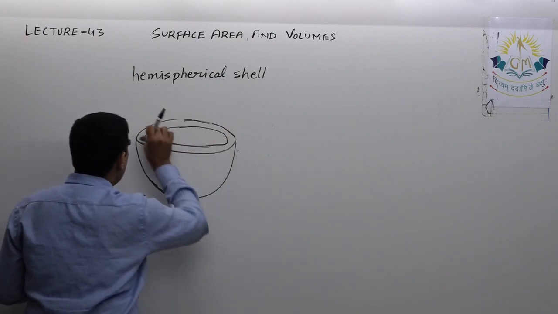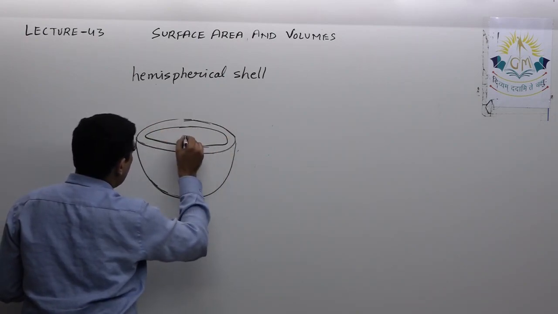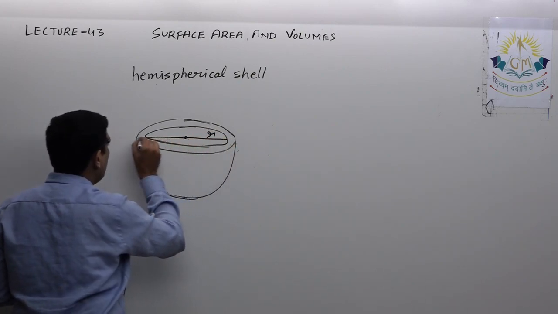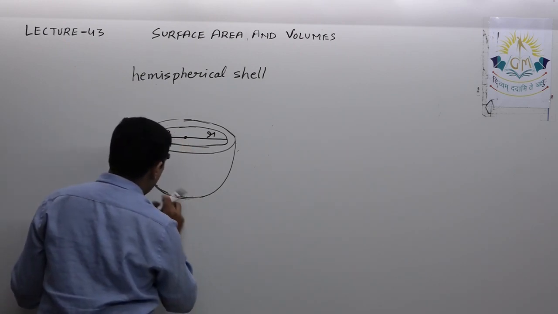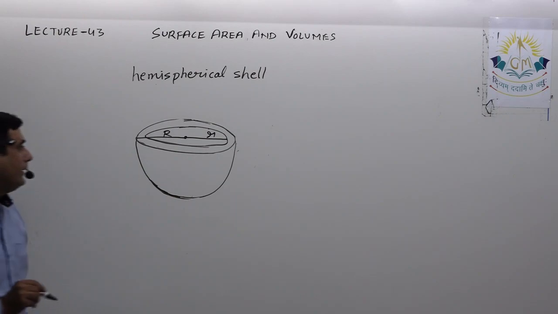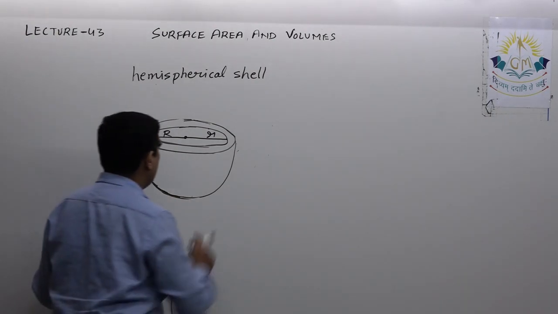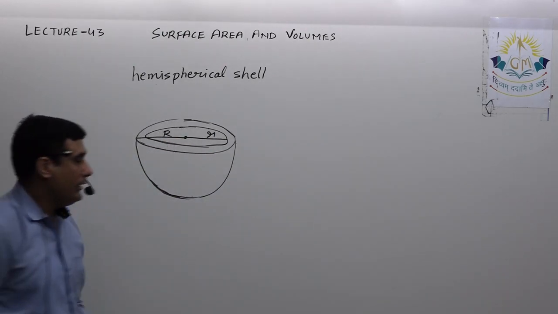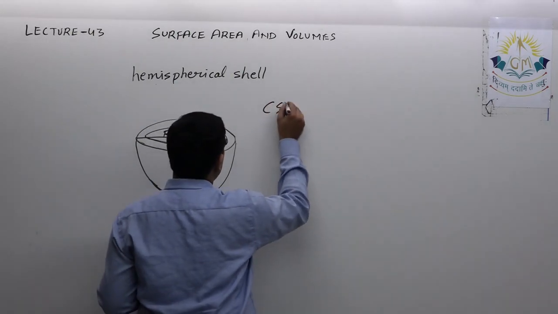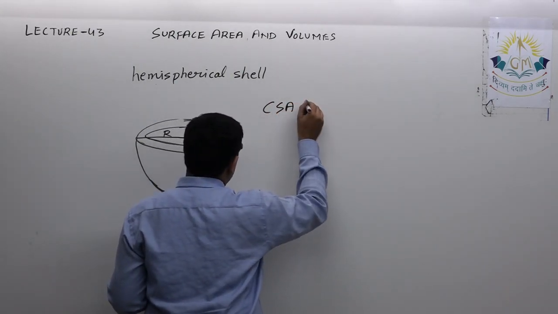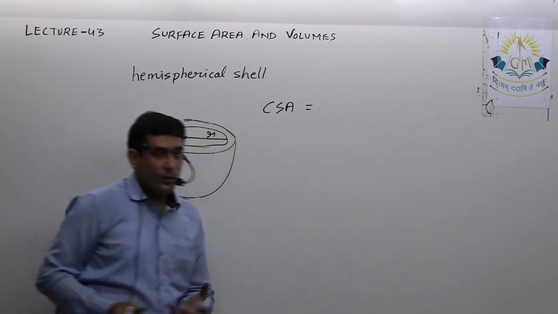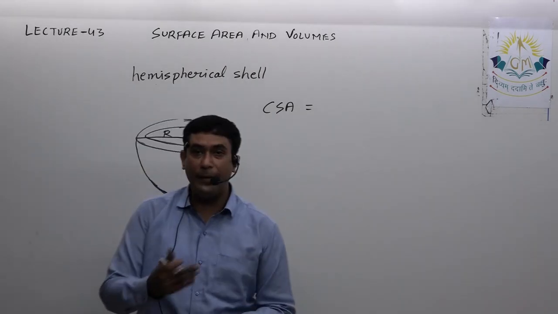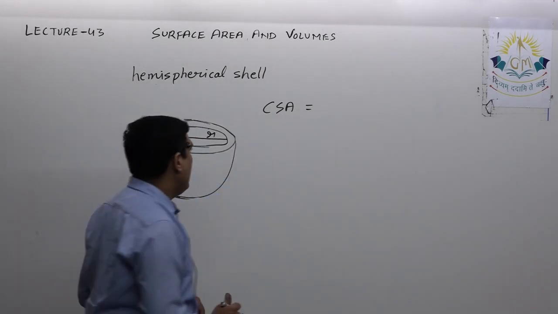Okay, it has two radii, internal radius as well as external radius. So this is the internal radius, that is small r, and this I am considering as the external radius, that is capital R, just to distinguish between the radii. Now here again we will see its curved surface area, its total surface area, and its volume. So first we will see its curved surface area. Now it has two curved surface areas. If you look at a bowl, it has an internal surface as well as an external surface. That means we can paint on the internal side as well as on the external side.